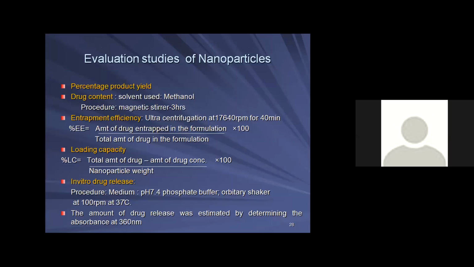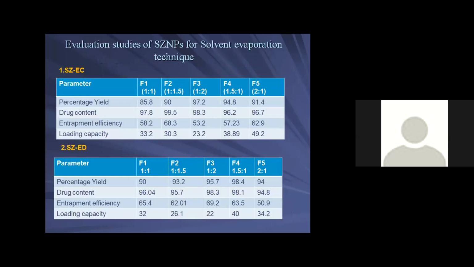Entrapment efficiency is nothing but how much amount of the drug has been entrapped within the polymer. Loading capacity is nothing but the ability of the polymer to hold the drug. So these parameters we have to determine, and a comparative study was made among the 5 formulations, which have been prepared by altering the drug to polymer ratio. So when we compare the 5 formulations of ethyl cellulose